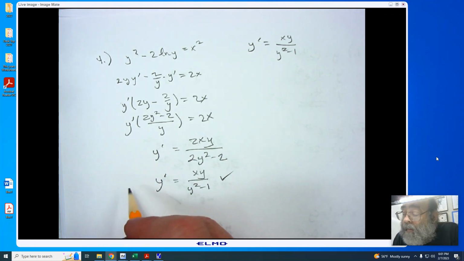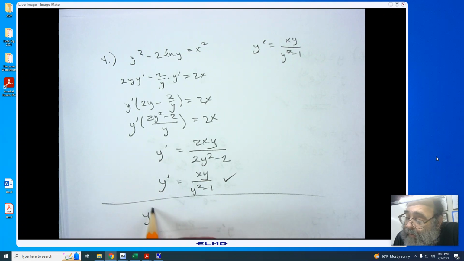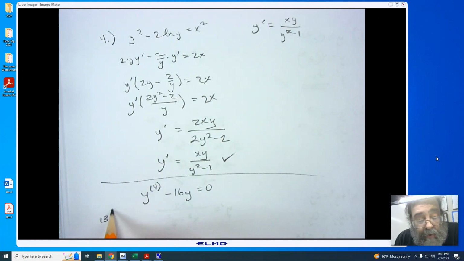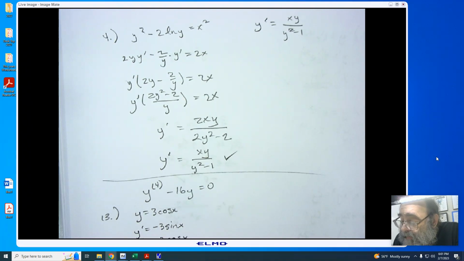Now, when you go to number 13 through 19, odds only, please beware they are trying to get you to show that the fourth derivative of y minus 16 times y will actually equal 0. So if you take 13, where they give you y equaling 3 cosine x, they want you to find y prime, which is negative 3 sine x, y second derivative, double prime, is negative 3 cosine x. Y triple prime is positive 3 sine x, so that the fourth derivative